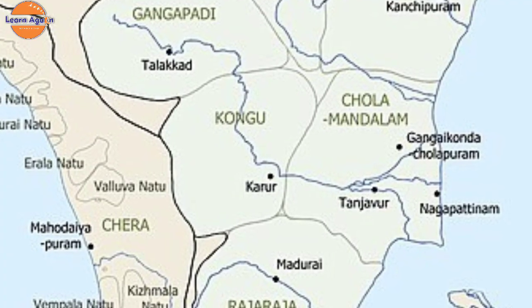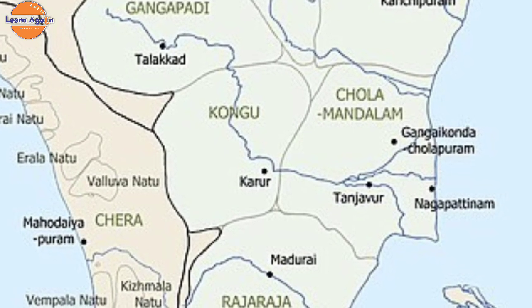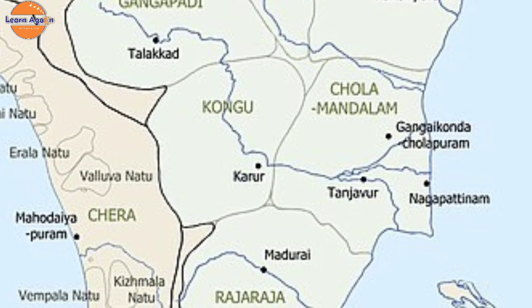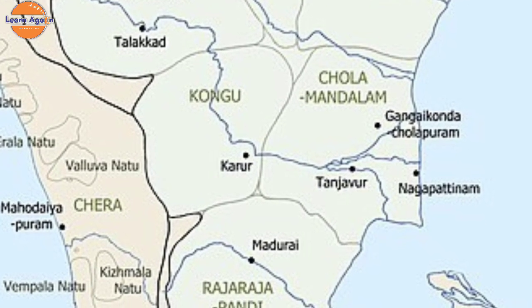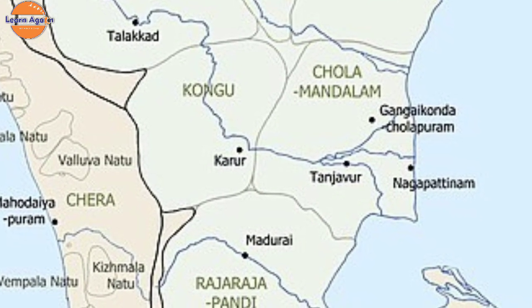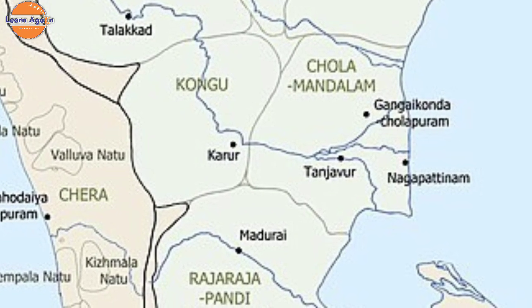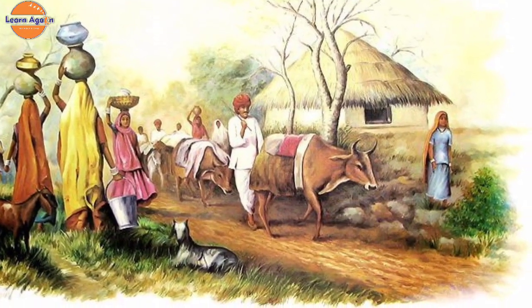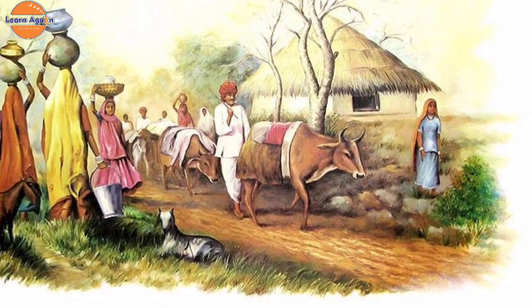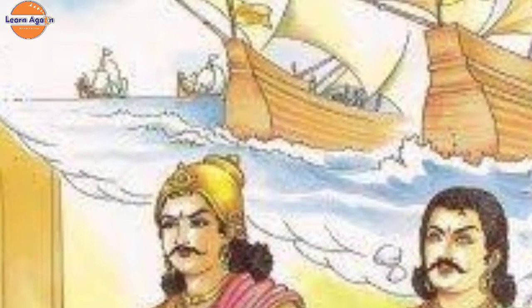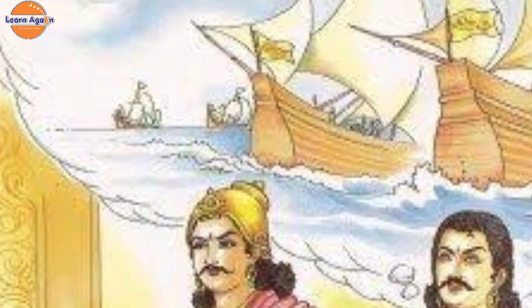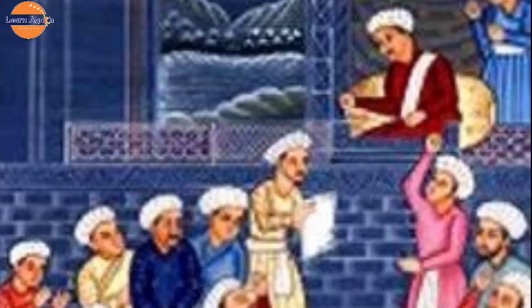The whole empire was divided into mandalams or provinces. Each province was divided into Valanadu and Nadu. Well, Valanadu means district and Nadu was the group of villages. A large village had the right to administer separately and it was called Tanur. Sometimes princes were appointed as the governors of provinces. Chola rulers used to grant their lands and the authority of collecting revenue to their officials.